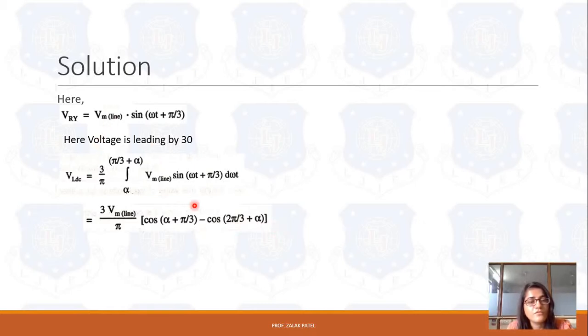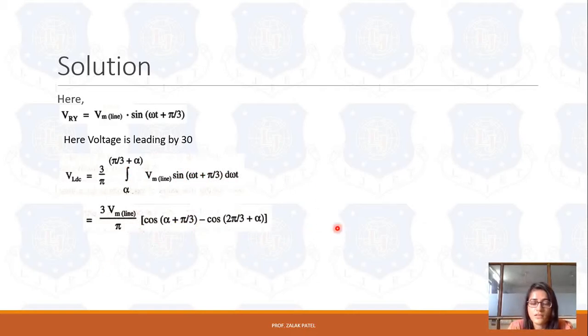We integrate first this, so integration of sine is minus cos, and then we put the limit over here, so it is like minus cos pi by 3 plus alpha plus pi by 3, so it becomes cos 2 pi by 3 plus alpha, and minus cos alpha plus pi by 3,